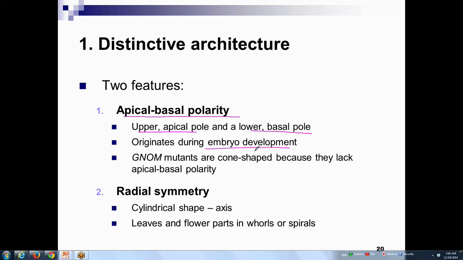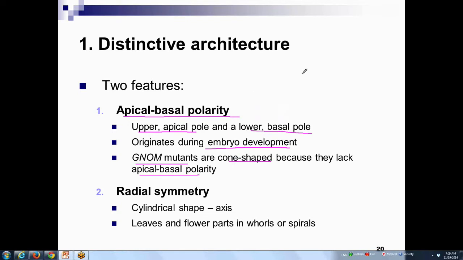They did some studies and they looked at GNOM mutants, and they found they became cone-shaped because they lacked apical basal polarity. So just a few genes helped to maintain the apical basal polarity so that when they mutated the GNOM genes, it caused the little embryos to develop into cone or round-shaped plants, which is, of course, not typical. Apical basal polarity is a good design because it helps a plant get to be nice and tall